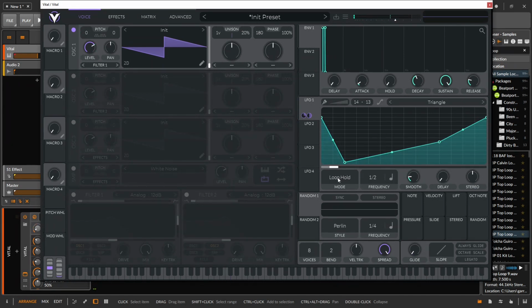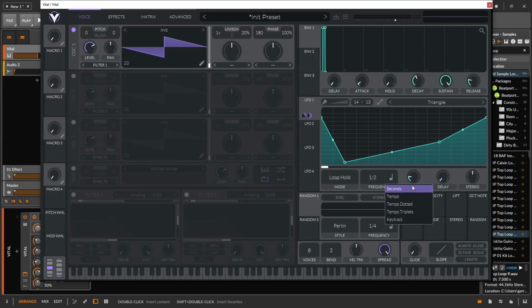So then you can get some cool effects with that as well by just modulating this phase value. And of course that can be attached to pretty much anything you want it to be attached to. So that is all of the different modes that the LFO can run in. You can also change the frequency here, so you can set it pretty much to whatever division you want, and